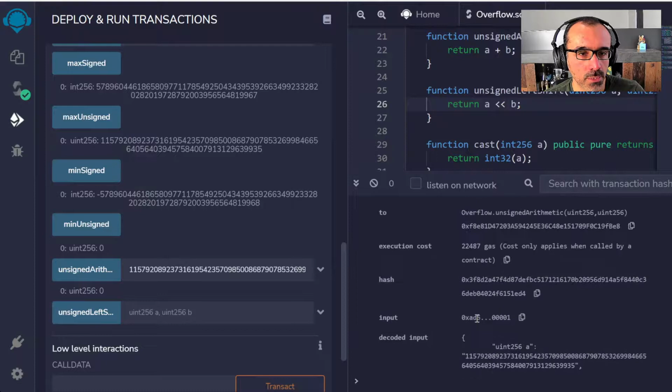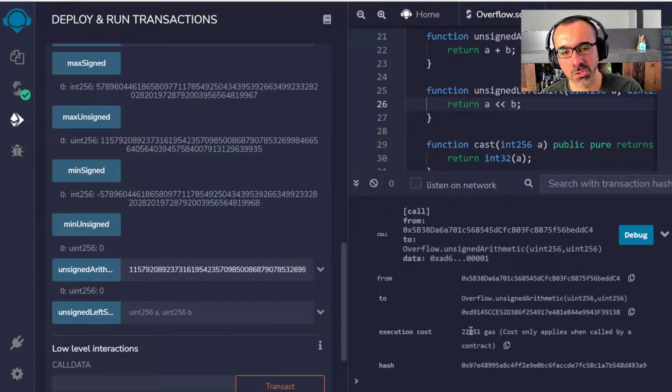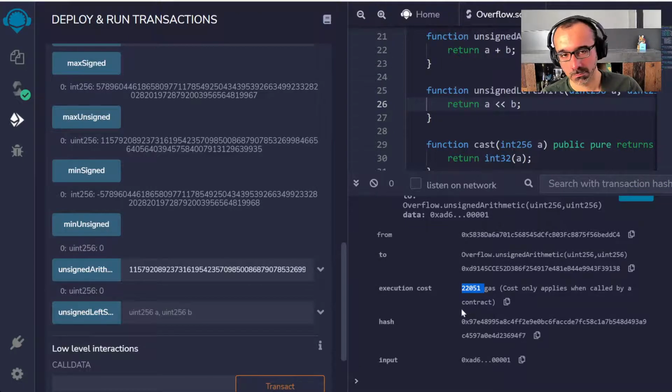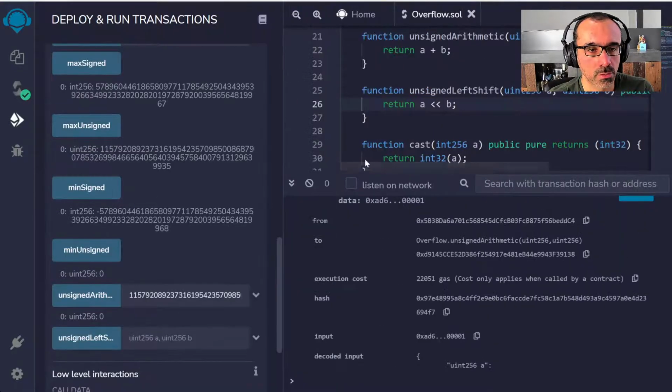So it's around 3 to 4% less than the cost of the more recent version of Solidity, just due to the fact that in the number of instructions, we don't have precondition checks here.